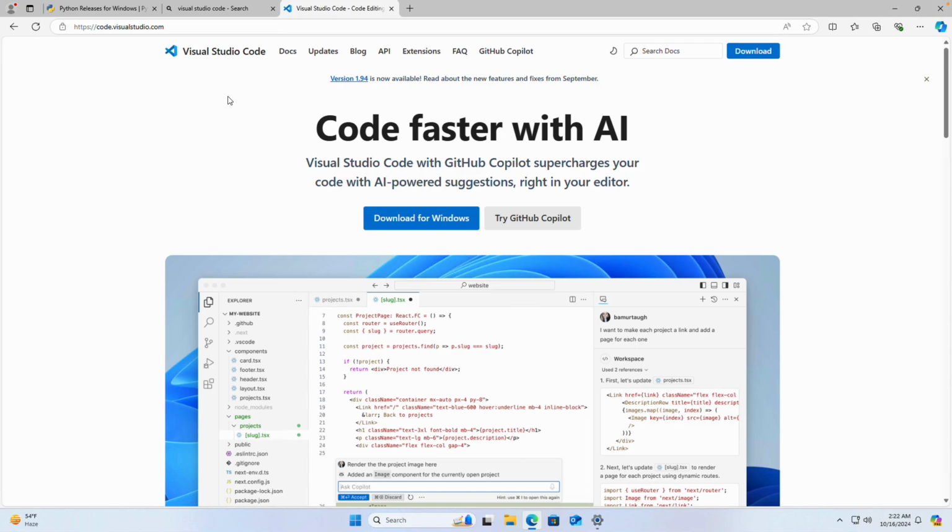In this video, I'll show you how you can install Visual Studio Code on a Windows 11 device. You need to open a web browser and go to code.visualstudio.com. Now, even though there is an option here that says download for Windows, that will automatically download